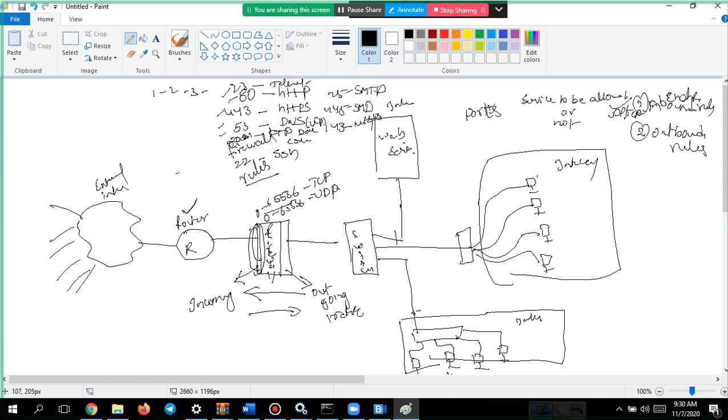But if an attacker is trying to reach your DNS server from the external world with malicious intention, only if port 53 UDP is enabled will it allow. Even if it uses TCP, it will be blocked. Even if it is port 53 TCP, it will be blocked. Only port 53 UDP, if that port is opened to the external world, then the traffic will be allowed. See, HTTP, someone is trying to browse.